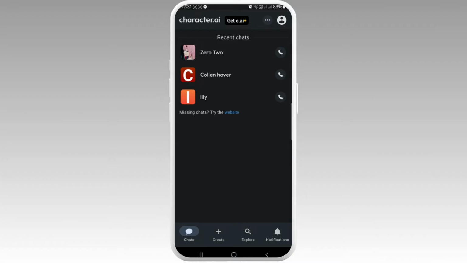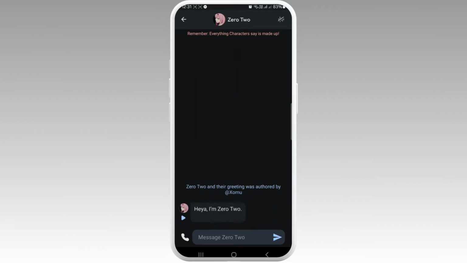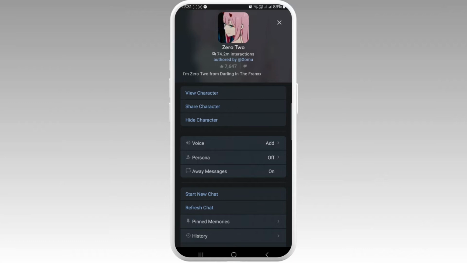Firstly, open your Character AI. Then after here, you can see the chats. Then tap on the AI that you want to see who is the creator. Then over here, you can see their profile or their name. Tap on it. Here you can see the option of authored by